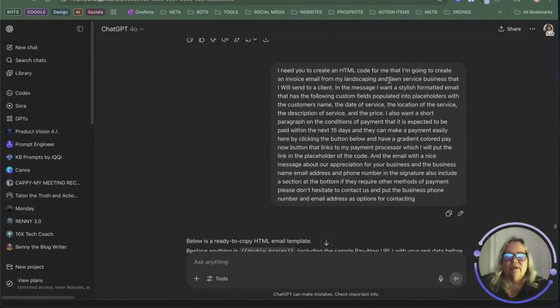It says I need you to create an HTML code for me. I'm going to create an invoice email for my landscaping business, and I want to send it to a client. So in this message, I want a stylish formatted email that has the following custom fields populated into placeholders: the customer's name, date of service, location of service, description of service, and the price. I also want a short paragraph on the conditions of payment, that it's expected to be paid within the next 15